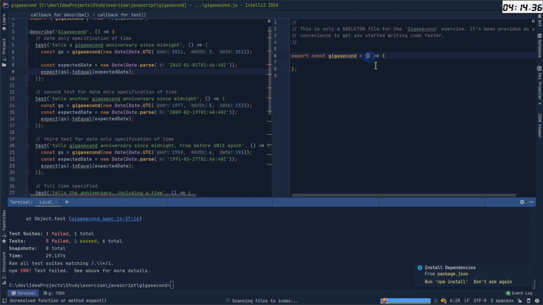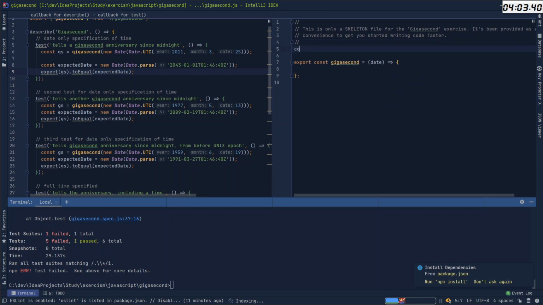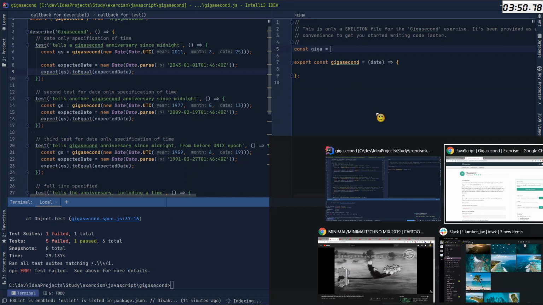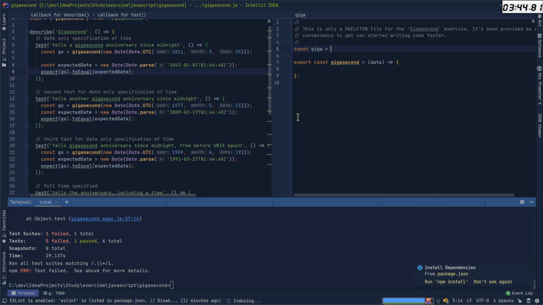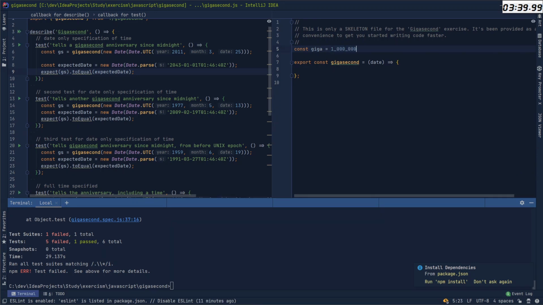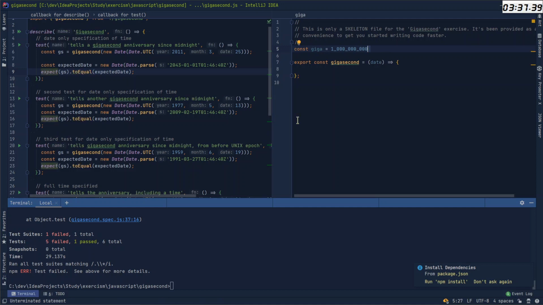It will take a date, and here will be a const, giga, and is equal to very much, so 9 zeros. So 1, 1, 2, 3, 4, 5, 6, 7, 8, 9. Okay.